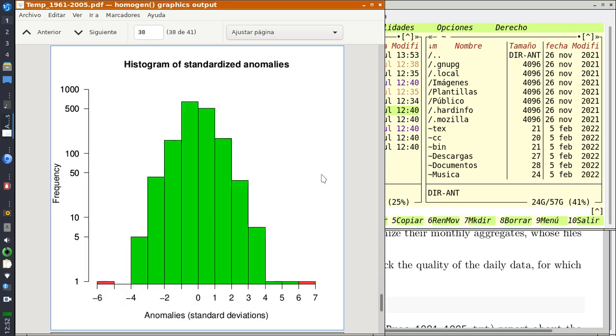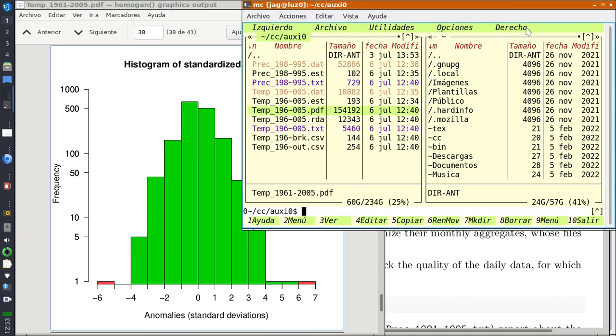And this is the final histogram of standardized anomalies. In red you see which outliers have been deleted. If you go to the deleted list, to the list of outliers, which is here,